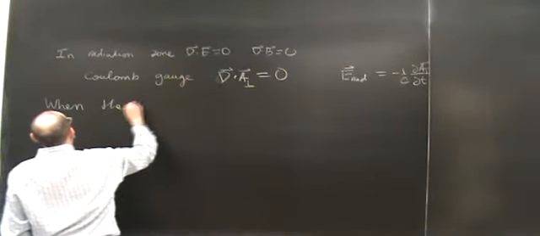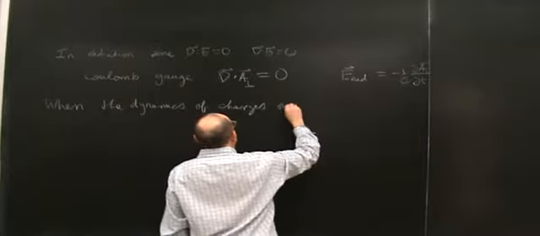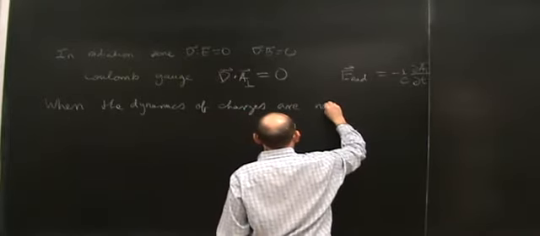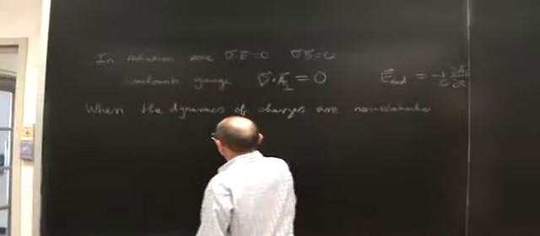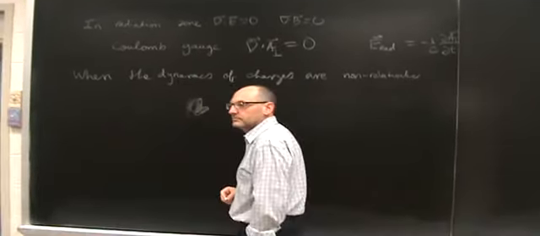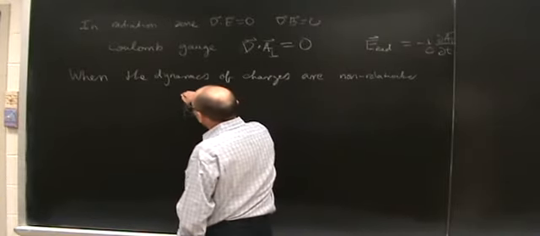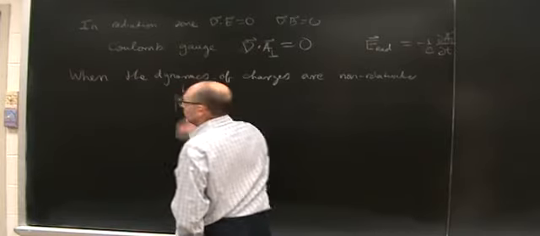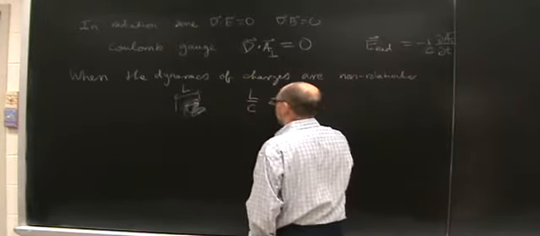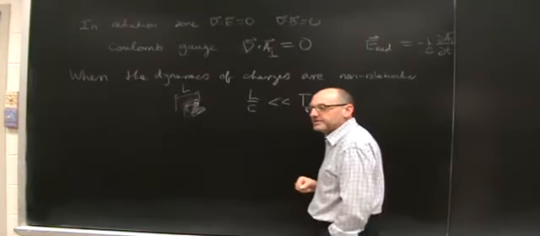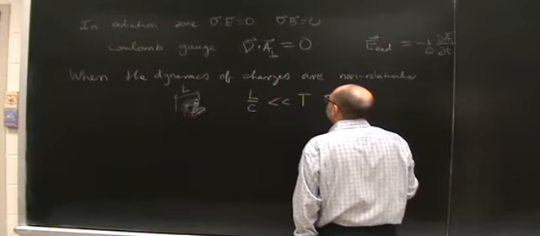When the dynamics of charges are non-relativistic, that is to say, if I have some charge distribution and it's moving around, if the time it takes light to travel across this distribution is absolutely tiny compared to the time scale over which the charges change,